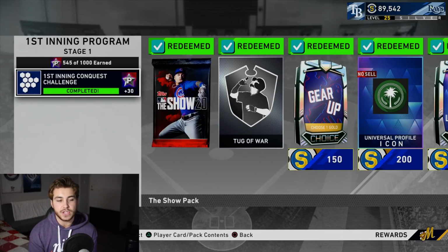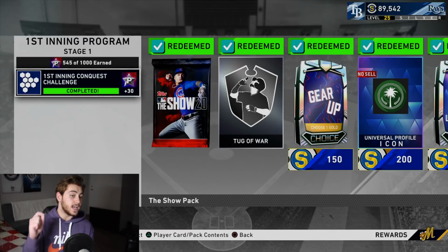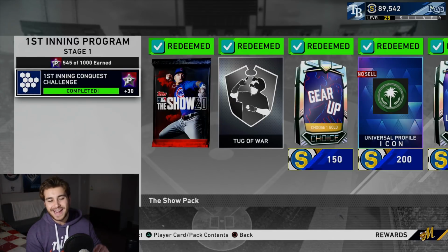You should have at least a couple diamonds, or at least really good golds on your team by now if you've been playing since launch, and it shouldn't be very difficult to just massacre the computer. That's going to give you another 30 stars. Remember, you also do earn program stars through playing, so you're probably going to get actually 35 to 40 program